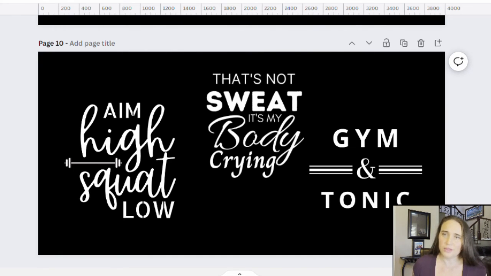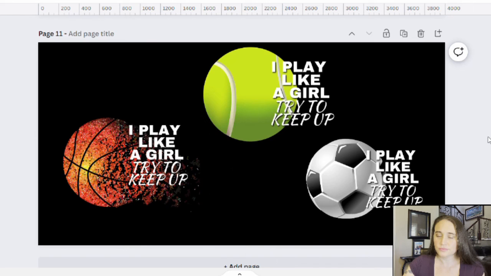And so they're kind of funny, meme-like designs, but they're things that people could wear while they're working out, while they're running, while they're at the gym. And so you should definitely have some of those style of designs up as well, and some of just the creative text designs where you've got the text that kind of goes together using different styles. And so that's another cool design that you can kind of go with.